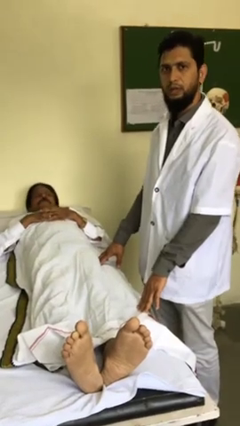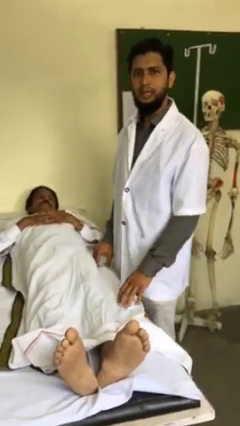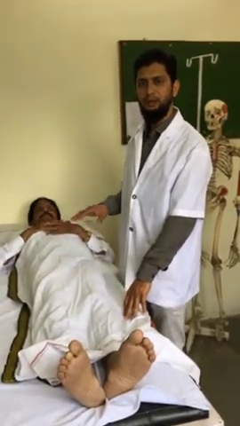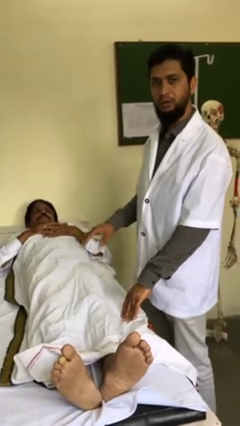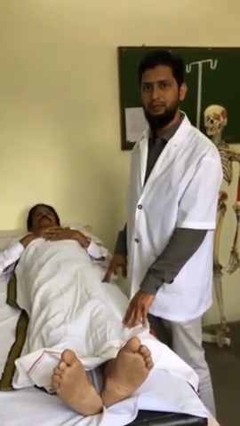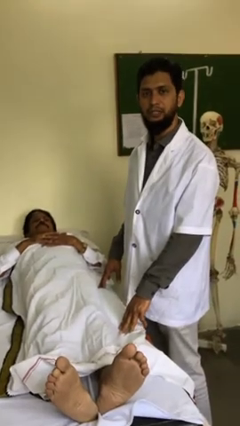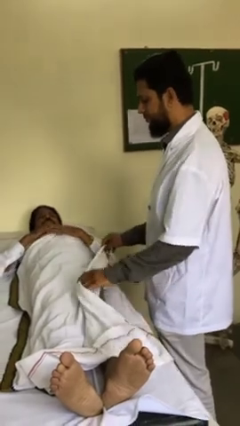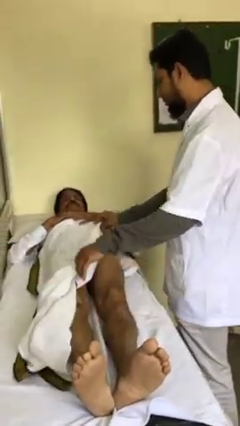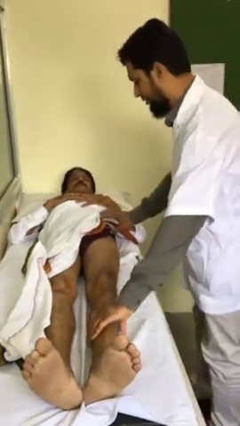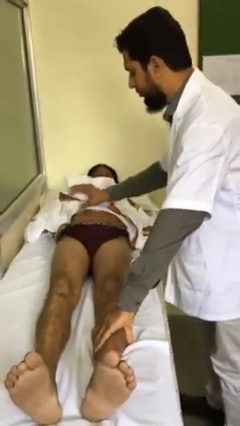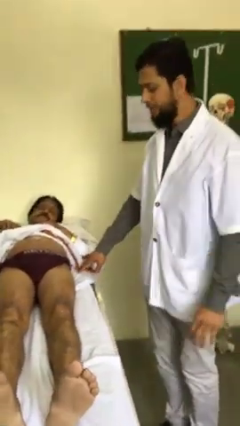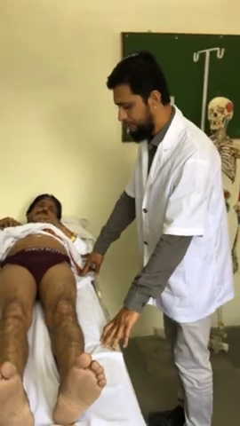Okay. So the hip examination starts with inspection. My patient came with pain or complaints in the left hip, so I'm going to demonstrate examination of the left hip. Examination starts with inspection. In inspection, what you have to do is see the hip from outside. You have to expose the limbs and hip adequately to see the problems in the hip joint.